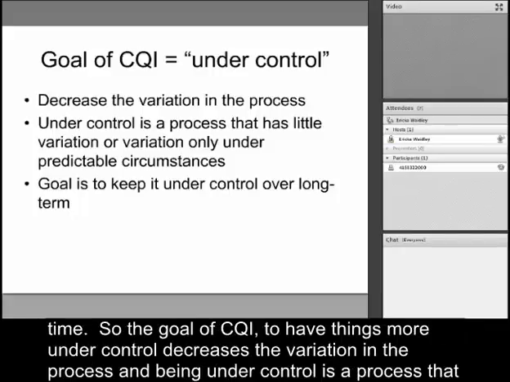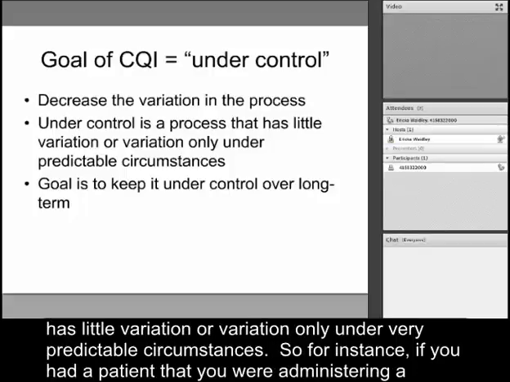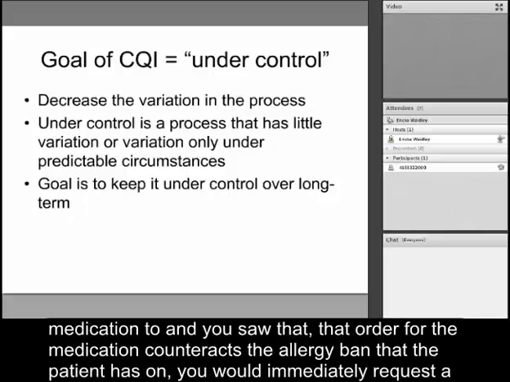So the goal of CQI, to have things more under control, decreases the variation in the process. And being under control is a process that has little variation, or variation only under very predictable circumstances. So for instance, if you had a patient that you were administering a medication to, and you saw that the order for the medication counteracts the allergy band that the patient has on, you would immediately request a variation in